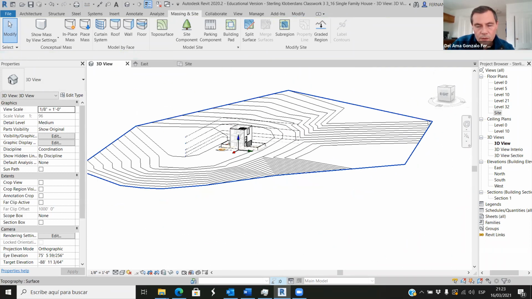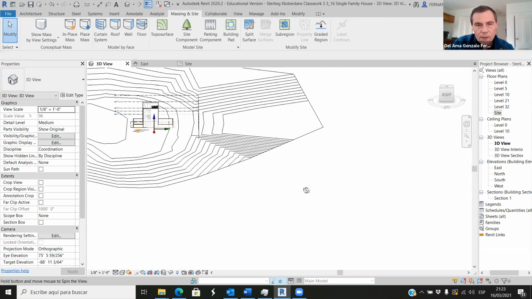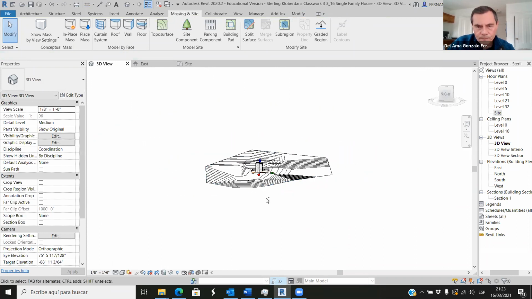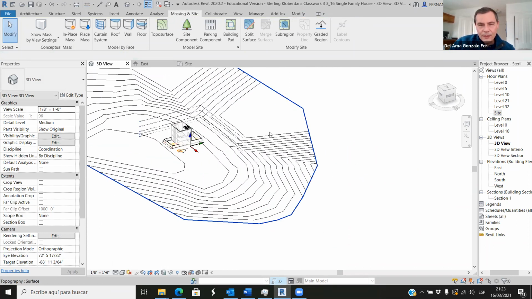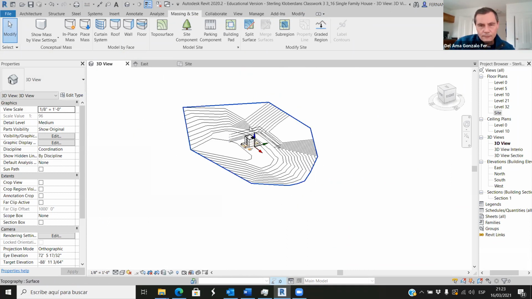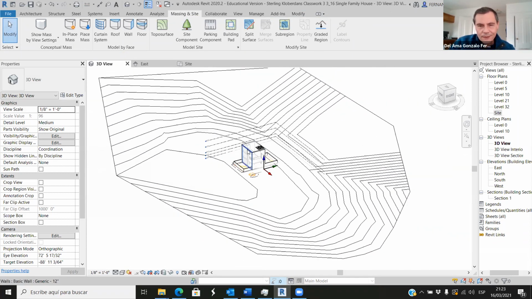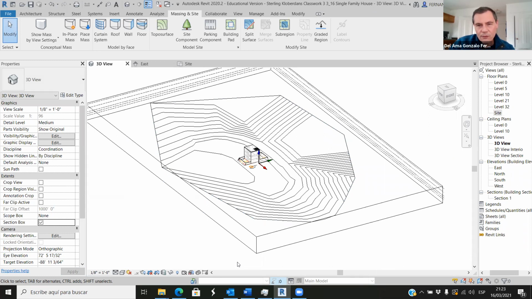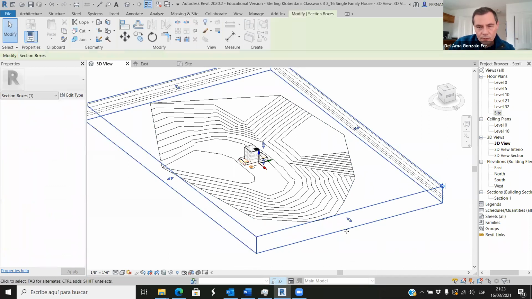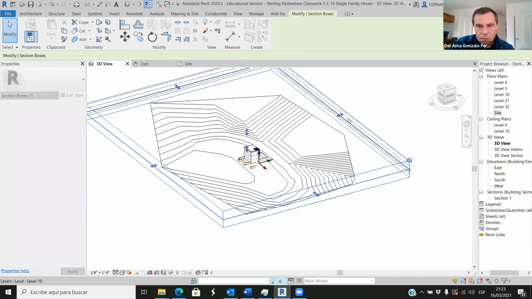Okay, so here I was 20 up and now I'm 10 down. So that's why we have these contour lines here. Okay. If I want to limit my drawing, I recommend you use this section box. If we have this section box, and you click on it and then drag it in this direction,